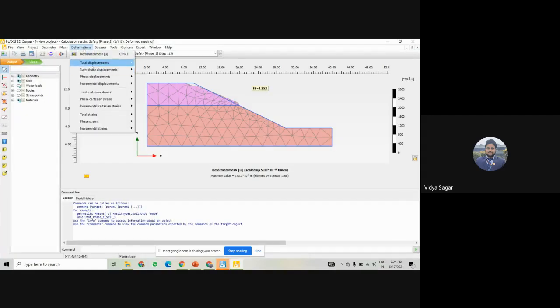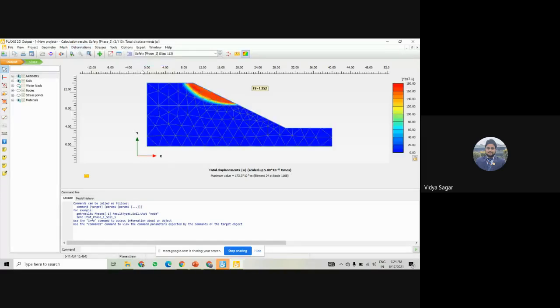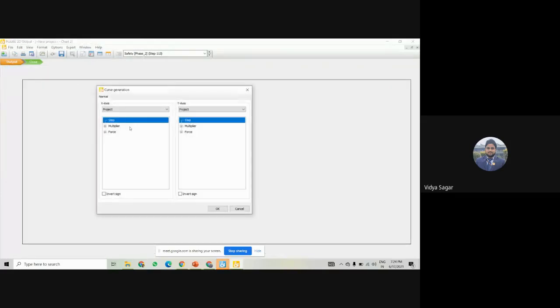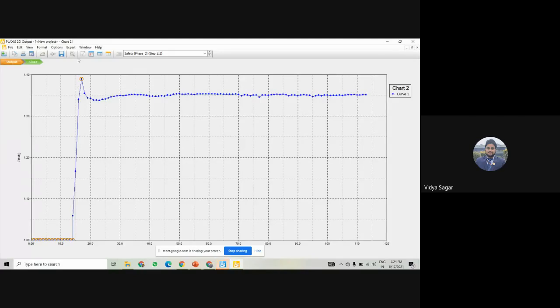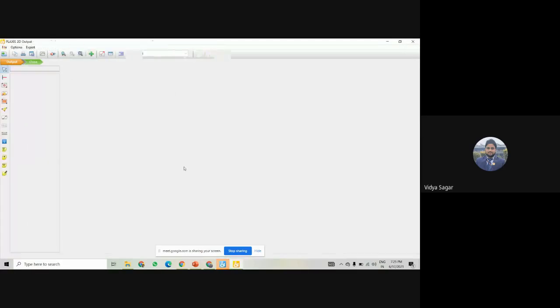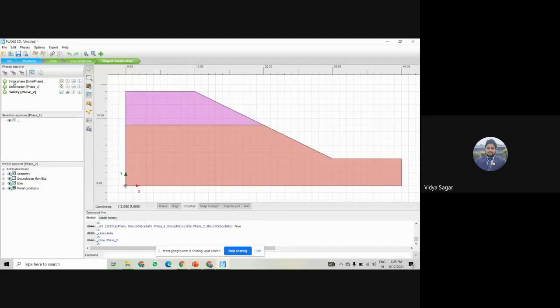So first we check the deformation and curve. I'm just checking if there are any changes or not. So is there any change? No change, because I'm not saving this graph, because in between the initial phase and deformation, we have not changed anything here, and both are the same.